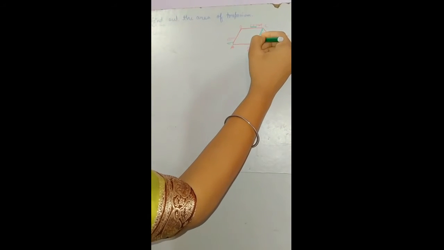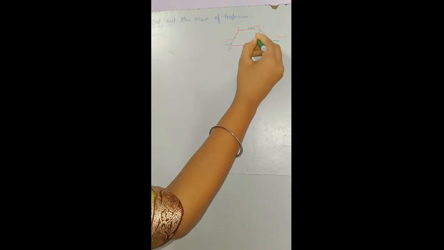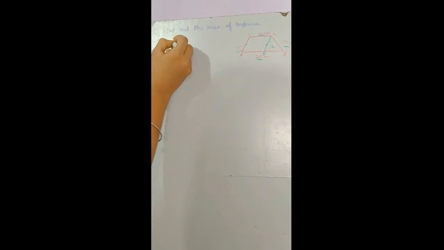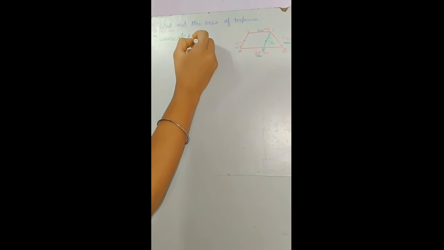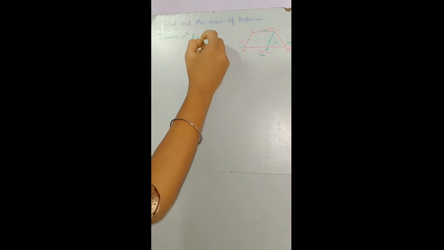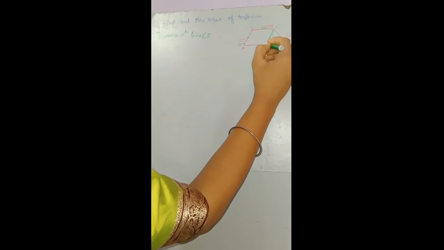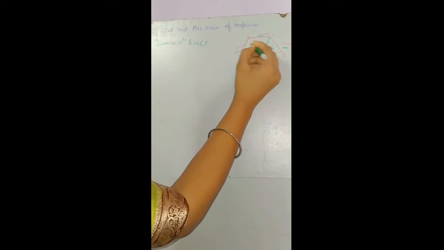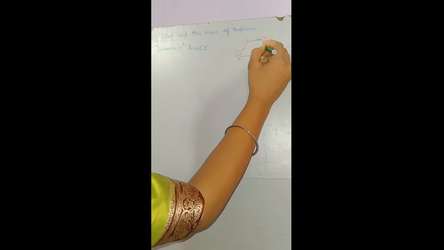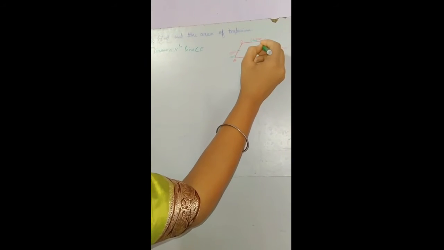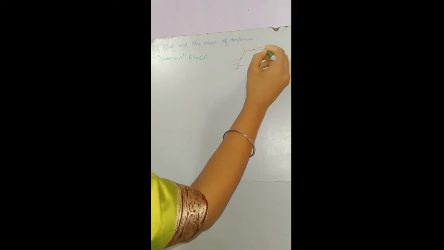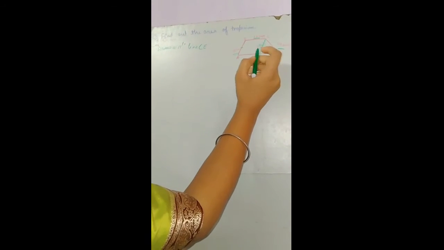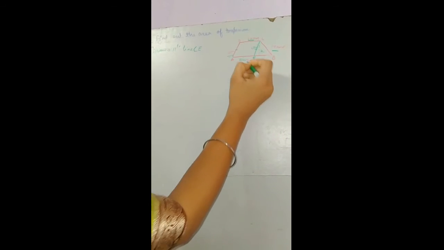We will draw a parallel line, the same as AD. We will draw a parallel line CE. In this, AD is equal to 13 centimeter, then EC is also 13 centimeter. Correct, because the sides of parallel lines are equal. It looks like a parallelogram. So the sides of both are equal, and then this one is 10 centimeter.